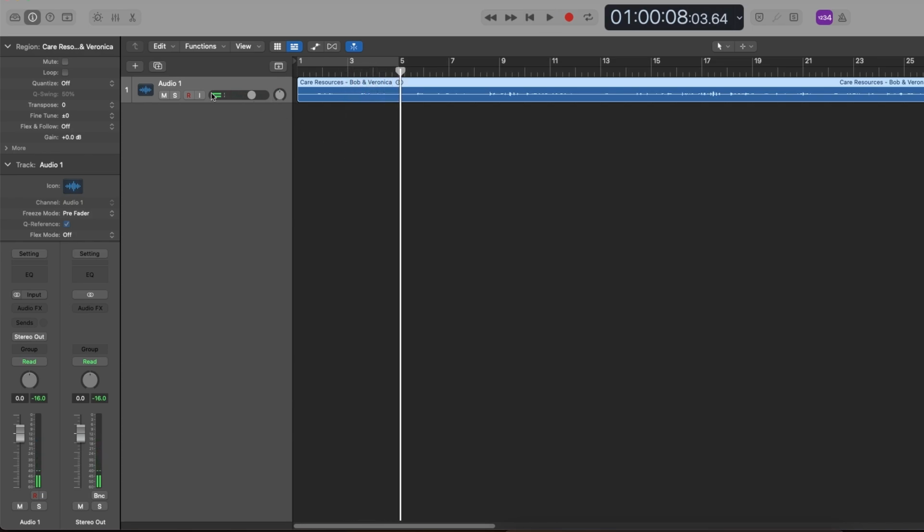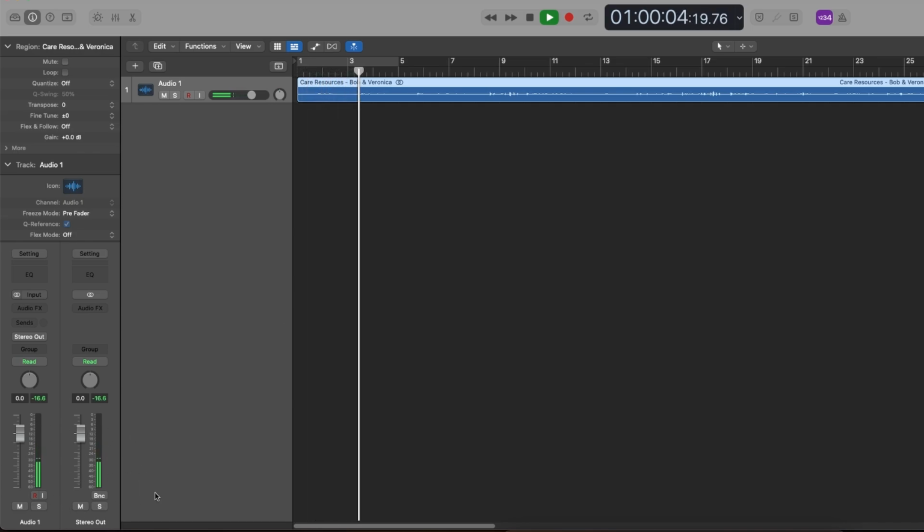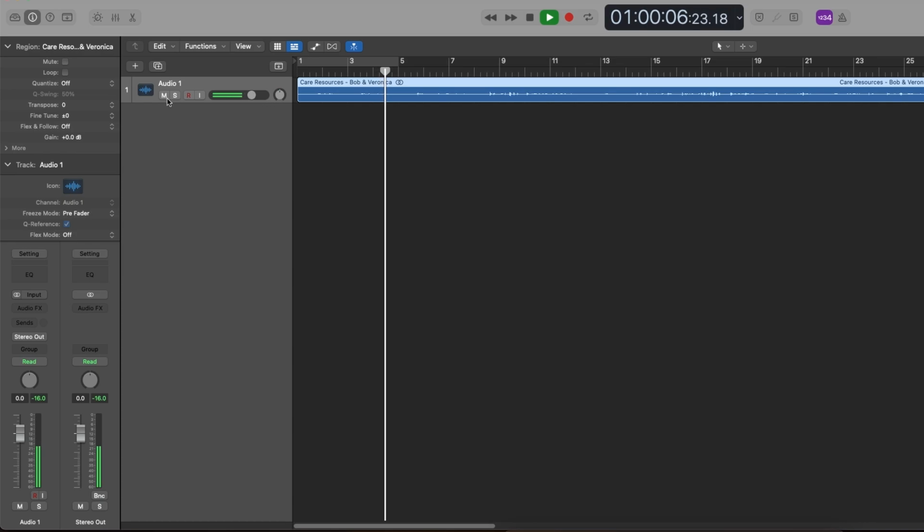So you'll notice once we play that track, we're seeing the levels bounce here on the Audio 1 label. We're also seeing them down here in this corner here. I want to point out we have